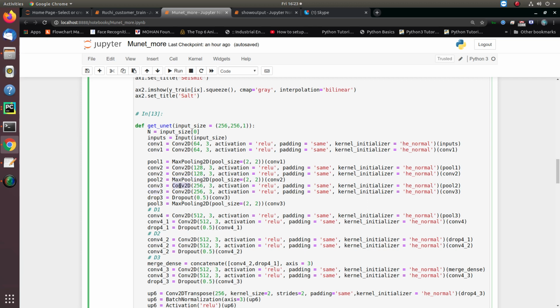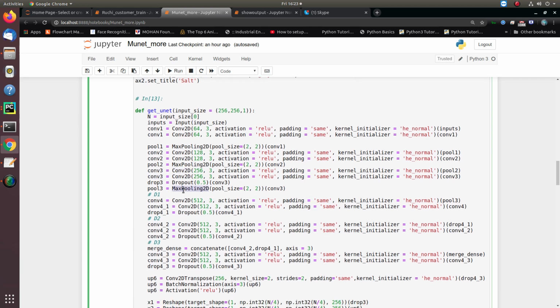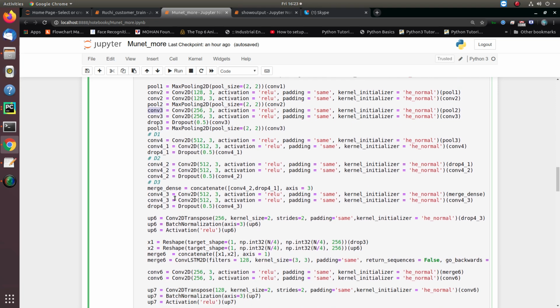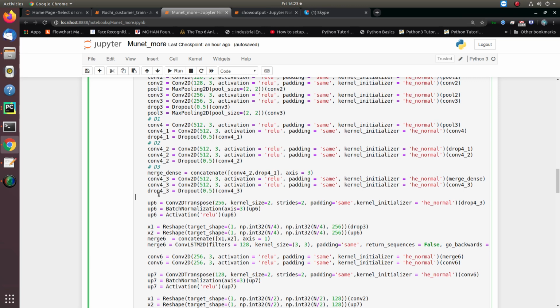Next, we move toward the third convolutional layer, and dropout is used to avoid overfitting of the model. Then comes max pooling, selecting the most useful pixel features from the third convolutional block.